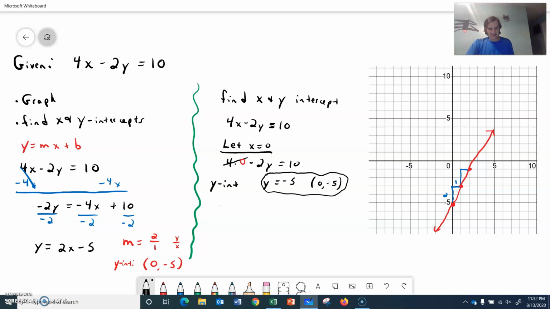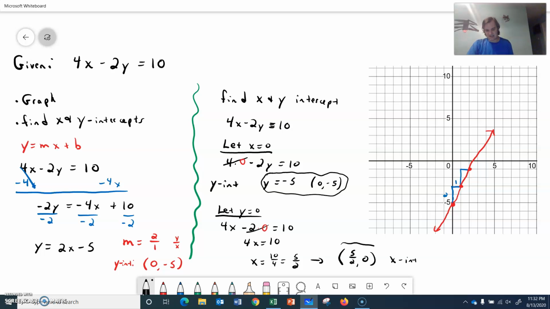Now, to get the x-intercept, we let y equal 0. And we could go back to either form, but let's just work with the one we got. 4x minus 2, and we'll replace the y with 0, equals 10. So negative 2 times 0 is 0. So I got 4x equals 10. I'll divide by 4, so I get x equals 10 fourths or 5 halves, which will be the point 5 halves, 0 as my